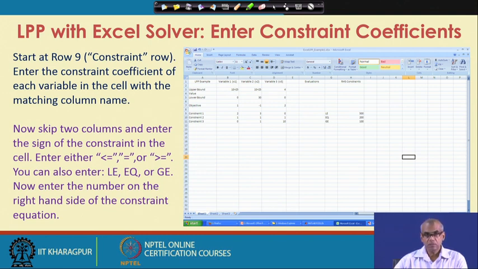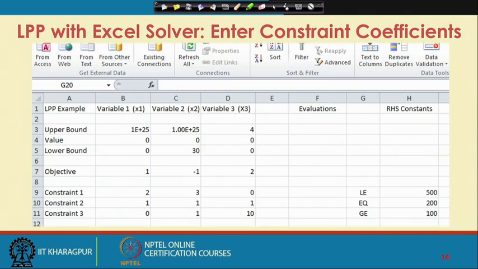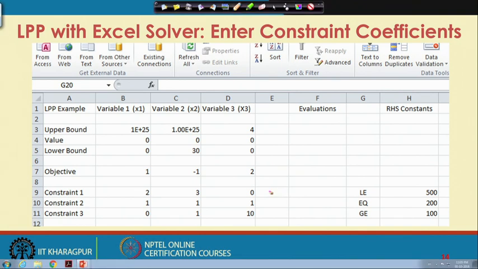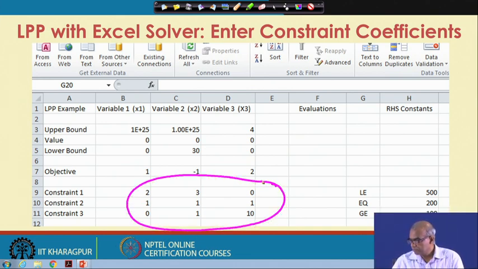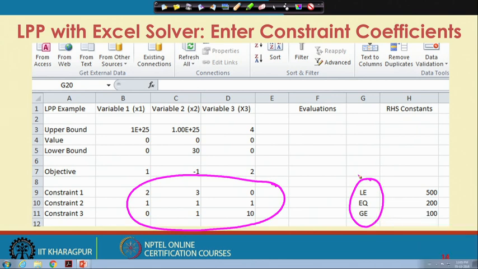For constant 1, it was 500, for constant 2, it is 200, and for constant 3, it is 100. So, this is how it will look like. Note that I have put the constraint coefficients, and then I have indicated what type of constraints are they, less or equal to, greater or equal to, and the values of the right hand side constants for constant 1, 2 and 3 respectively.